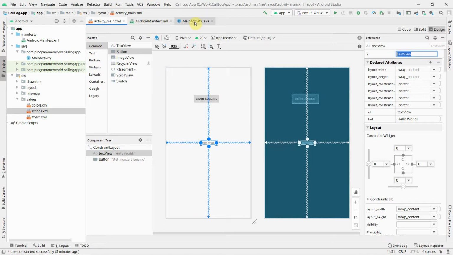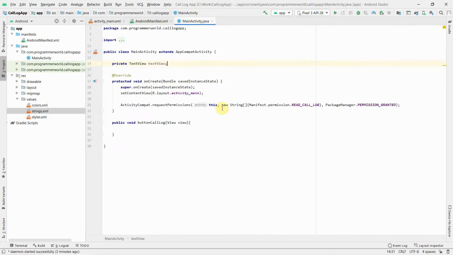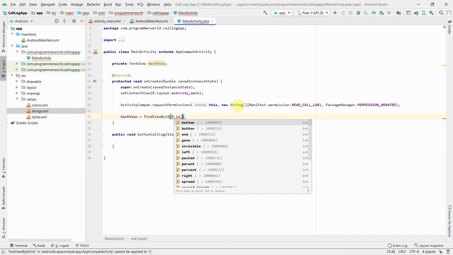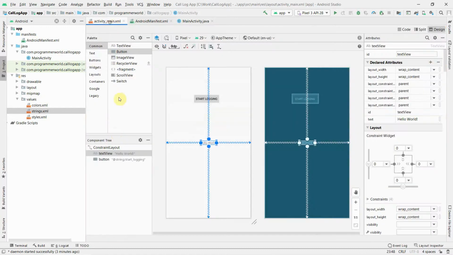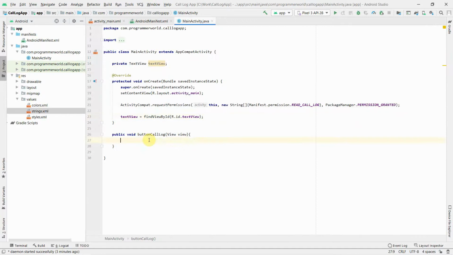Okay, I go back to the Java code, and here in the onCreate method itself, I can find the text view by ID, R.id.textView. So now this local variable in the Java gets associated with the widget in the XML layout. Perfect.